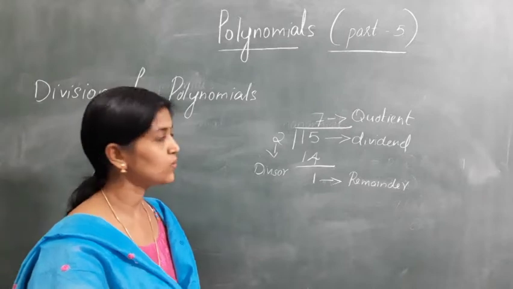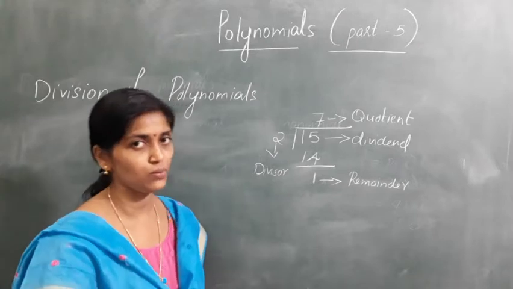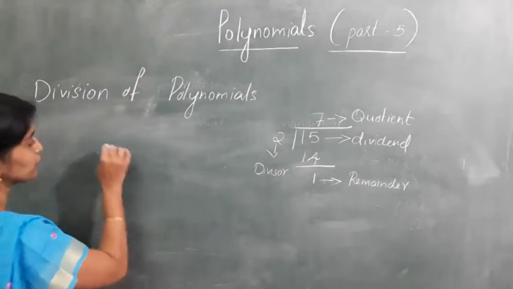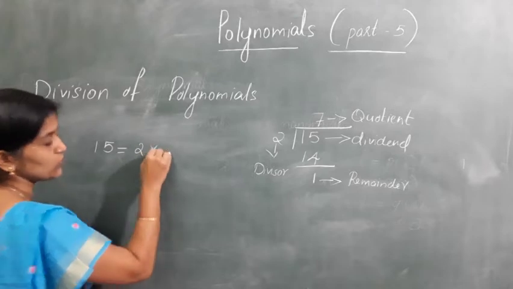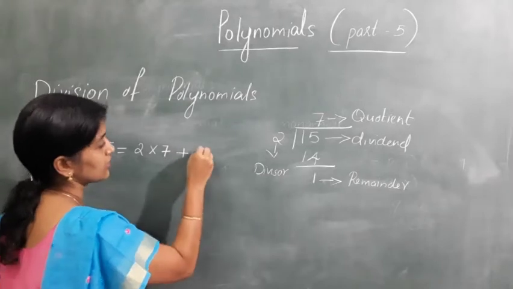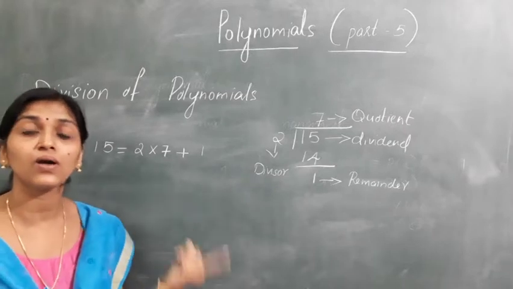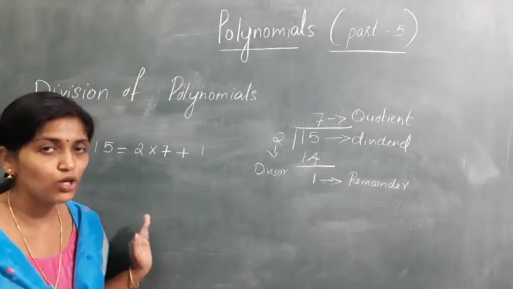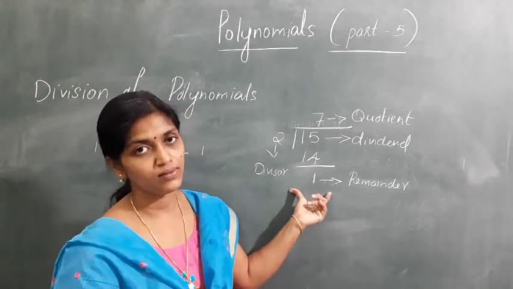Okay. Now, we have already studied all these, and also we studied the division rule. What was the division rule? Dividend 15 is equal to divisor 2 into quotient 7 plus the remainder, that is 1. You can write 15 as 2 into 7 plus 1. This we call the division rule. All those we have studied in the lower classes. Here you are getting the remainder as 1.